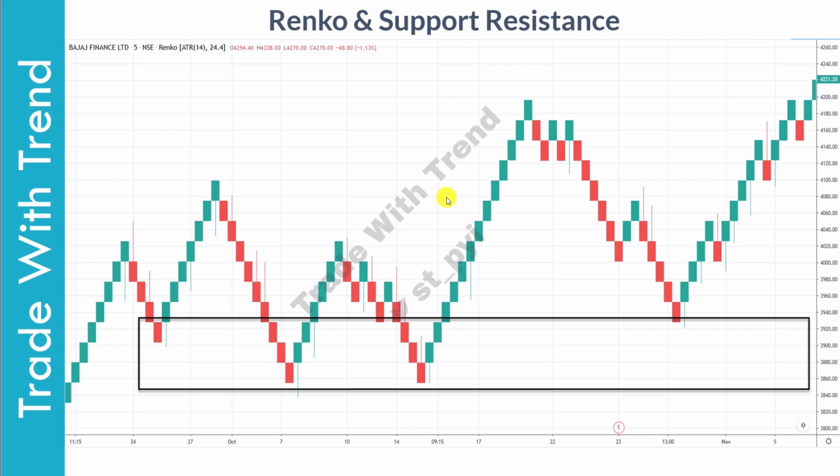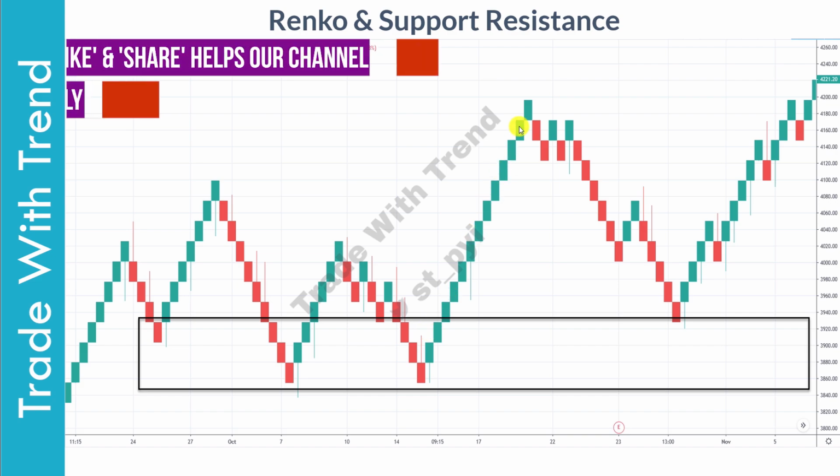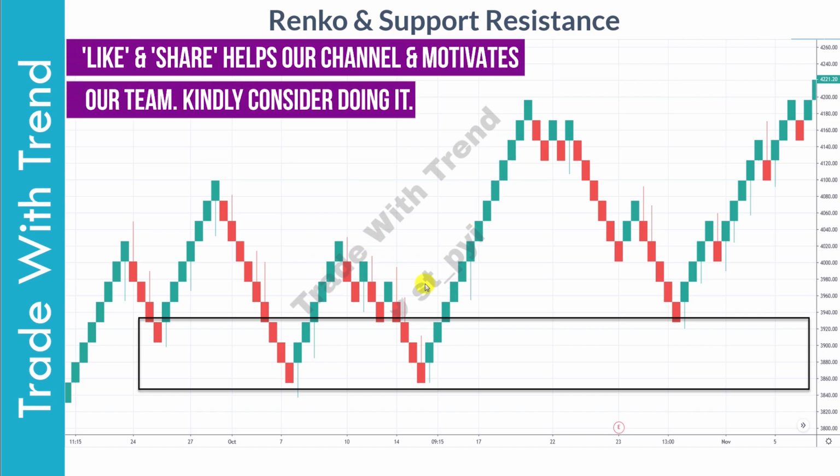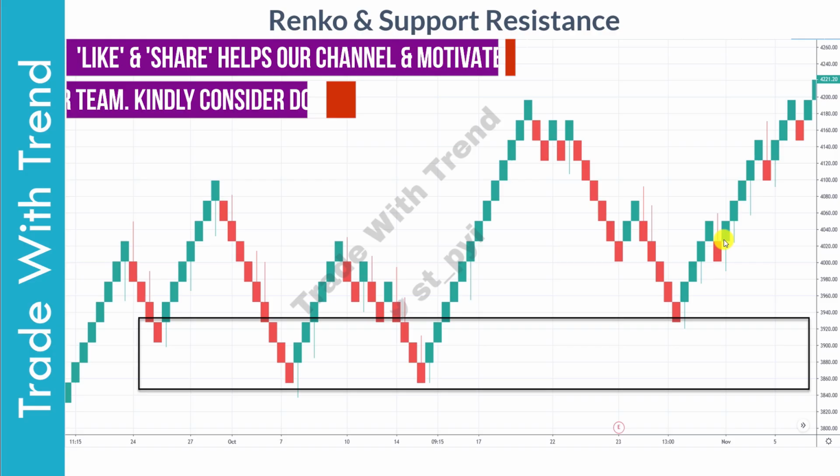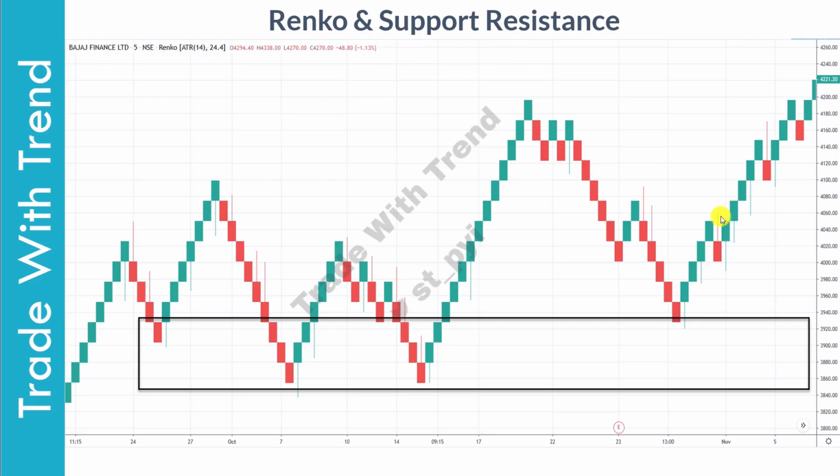So if you look at this chart, again price has taken support around this zone here, and most of the times price has bounced back. So earlier the bounce was limited, but the next subsequent moves on the upside were of larger magnitude. So this is again something you will identify a lot when you're trying to combine Renko chart and the traditional